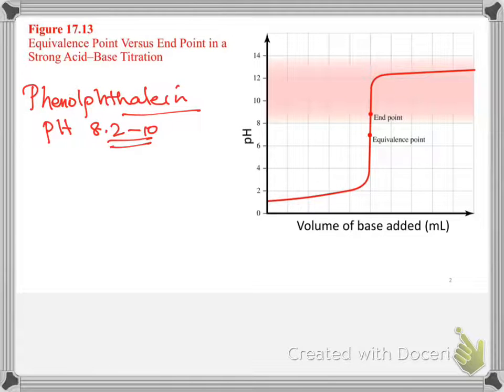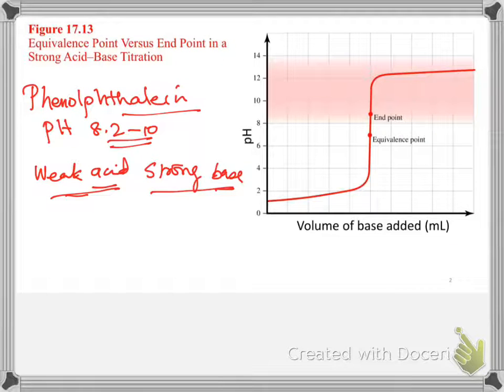We can also use this indicator for weak acid strong base titration. And what's the reason? The reason is, if you have a weak acid and strong base titration, the equivalence point is higher than 7. And if you're doing a strong acid and strong base titration, the equivalence point is around 7. Although this 7 is not in this range of 8.2 to 10, still the phenolphthalein works out fine for the